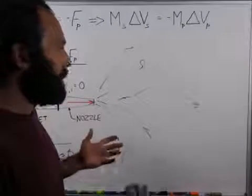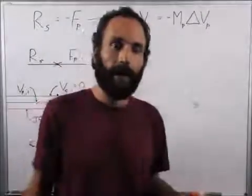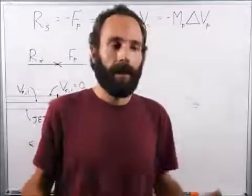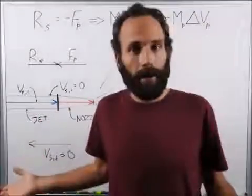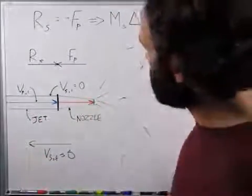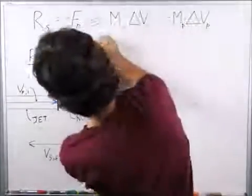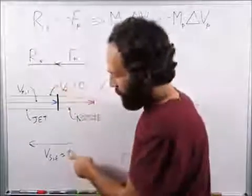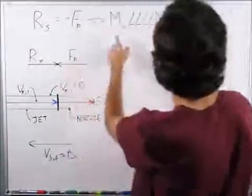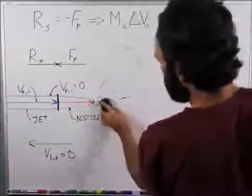Well, really, if engineers are designing these propellant systems for spacecraft and satellites and all these things, and they see video of them, they think it works. They forget about this action-reaction that's not happening because they only stick to this part right here. And if you just stick to this, you will get a velocity. If you do this calculation like I just did and ignore what's going on out here,